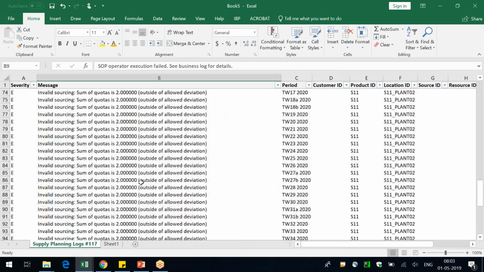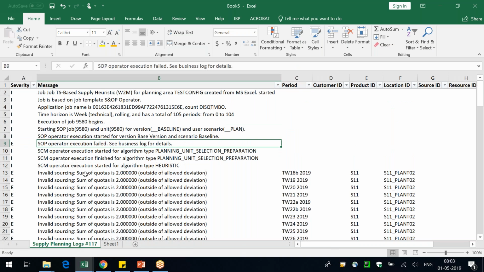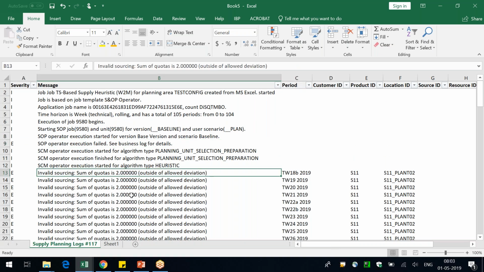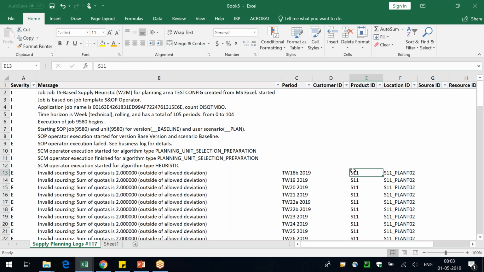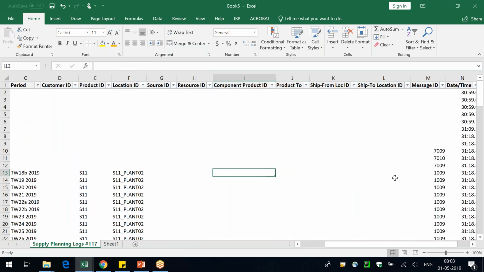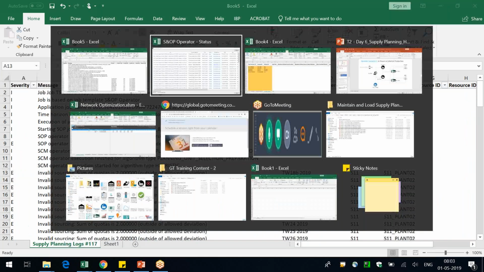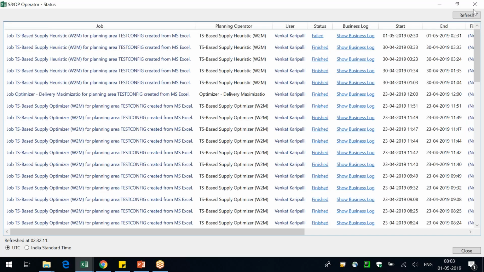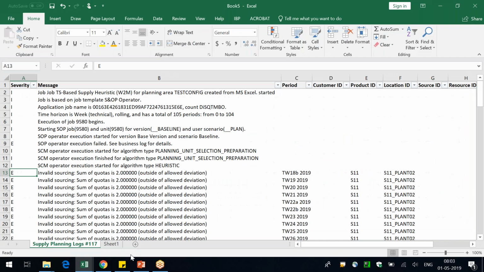There are so many combinations. And what is the error message here? It is saying invalid sourcing: sum of quotas is 2.0, outside of allowed deviation. So for this product S11, for this location plant 2, the quota sum is 2. Why is the quota 2? Because, you know,